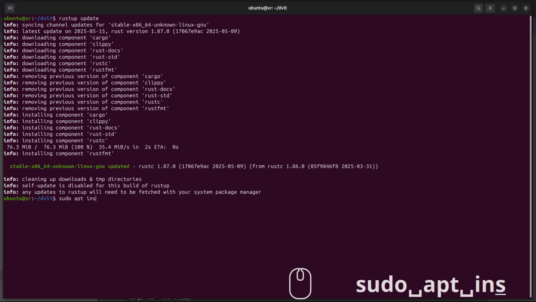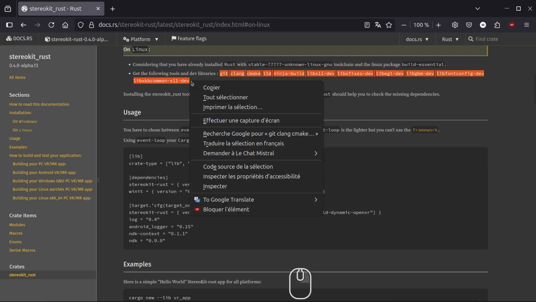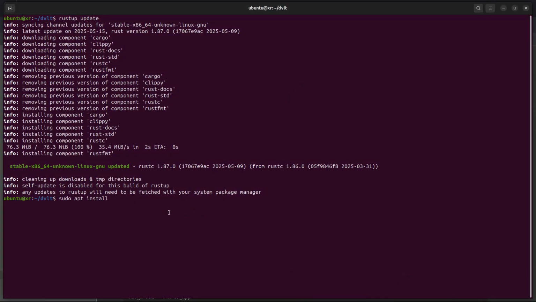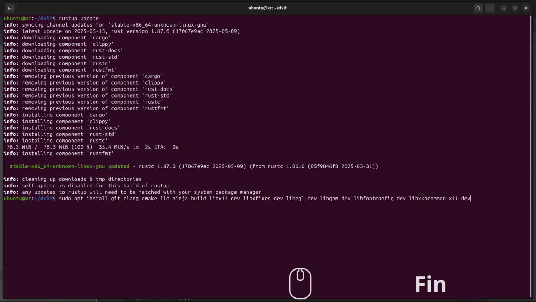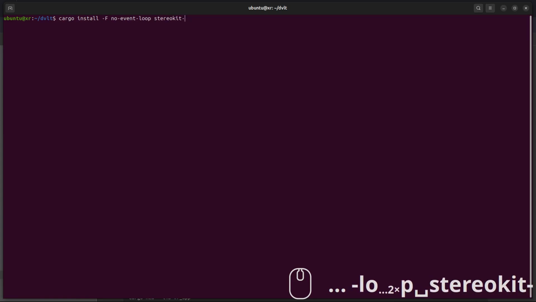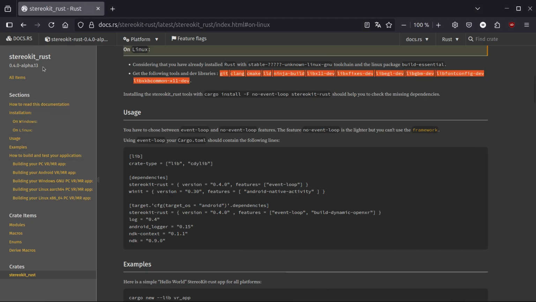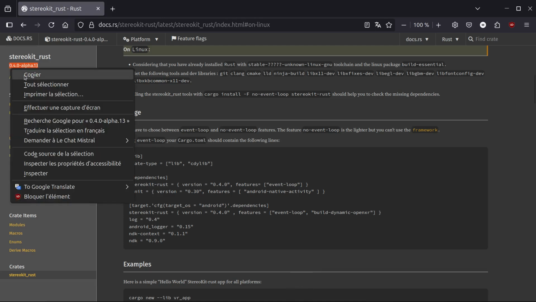First of all, the prerequisites. Then installing the tools to check if everything is ready. Oh yes, if the version you are looking for has not been released, you must add the suffix alpha, beta or RC.